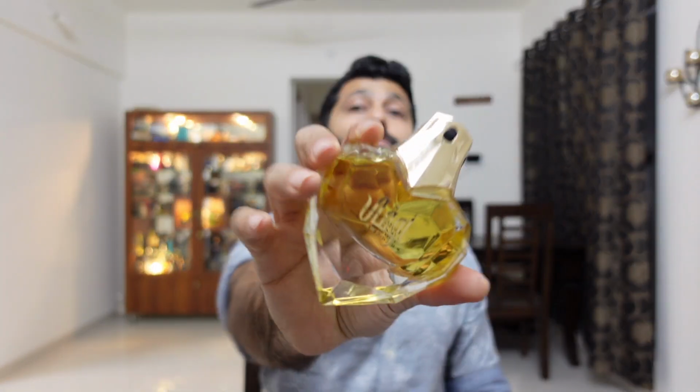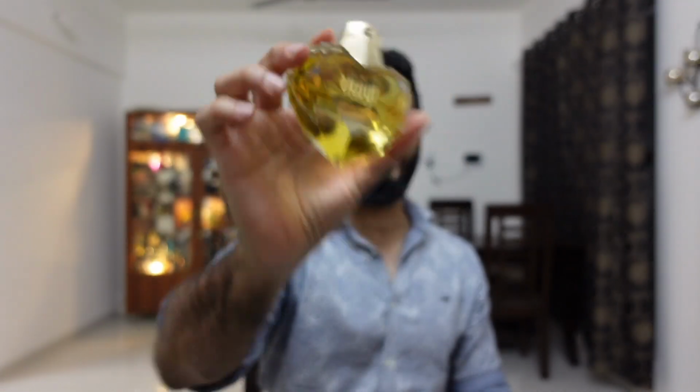Orange plus leather is not something that I've smelled. That is beautifully created here. That opening itself is impressive because of that. Then comes the labdanum, which is smoky plus creamy. I've smelled labdanum which is smoky, some dry woody feel, but this is smoky plus creamy, and that is creative,